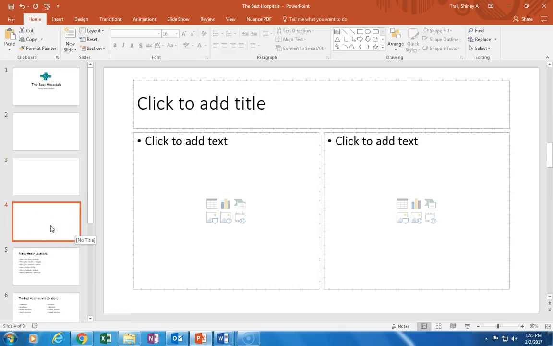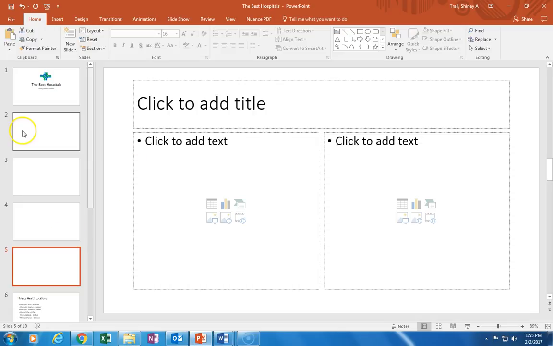Then another way, and notice that you always get the content from the prior slide that you started, which we have here, the title, and then we have a 2-column slide. And then another way to do it is Control M, M as in microphone, on your keyboard to add a slide. So now that I've done that, I think I'll take this opportunity to show you how we can delete